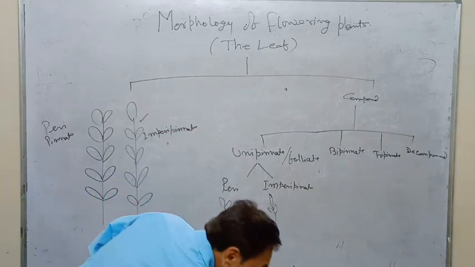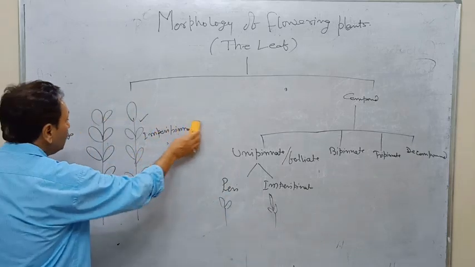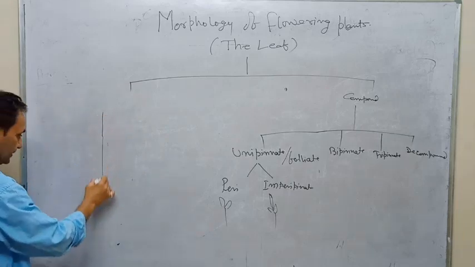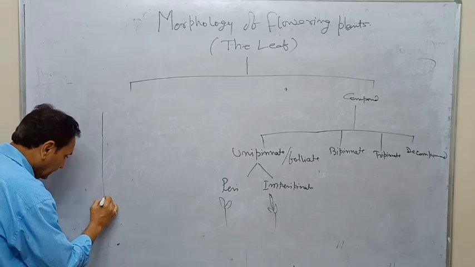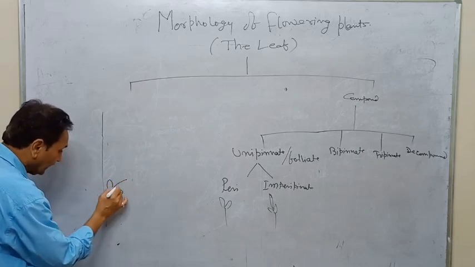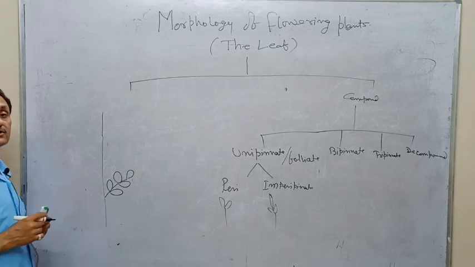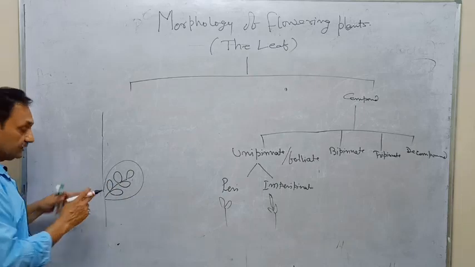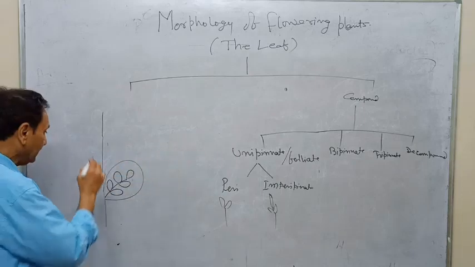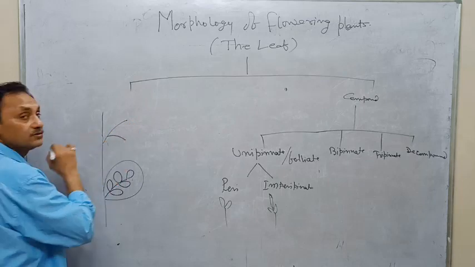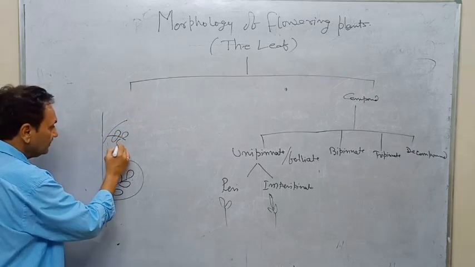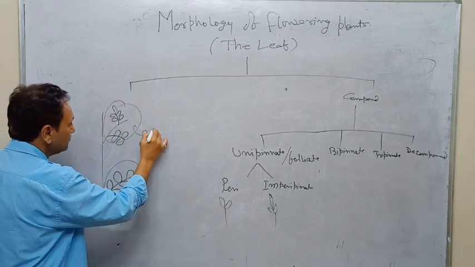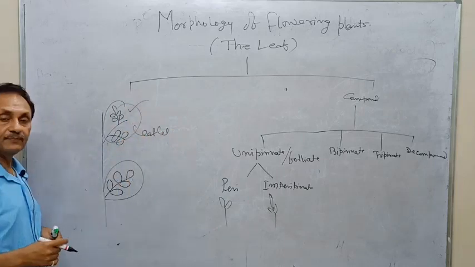Now, with the help of the second figure, we will understand what we mean by bipinnate. Here we will see that this one is the midrib, and if leaflets are again divided into this type of structure, this one is the leaflet, and having this one, then it is called bipinnate. And if it has this type of structure, it is called leaflet, and this is called tripinnate.